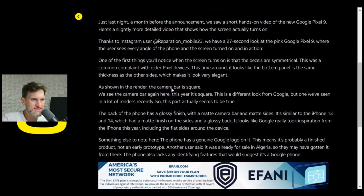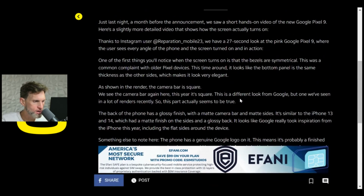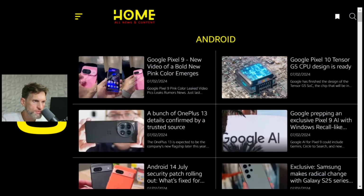So besides the color, not much else has leaked, but we basically know what we got, right? Now, here's a little tidbit on some other Pixel news. Very interesting. So